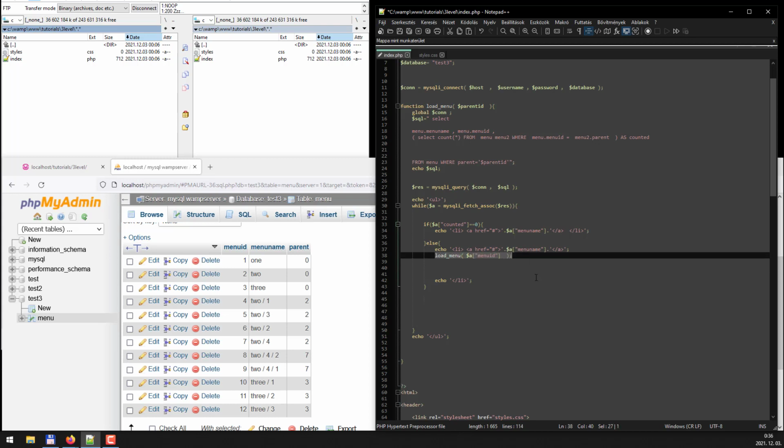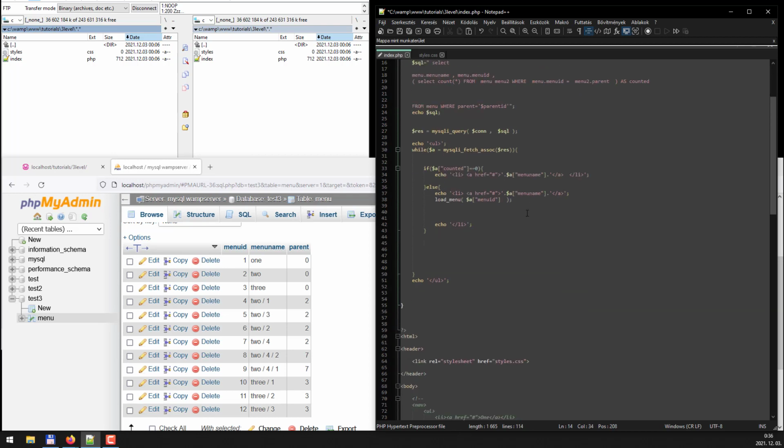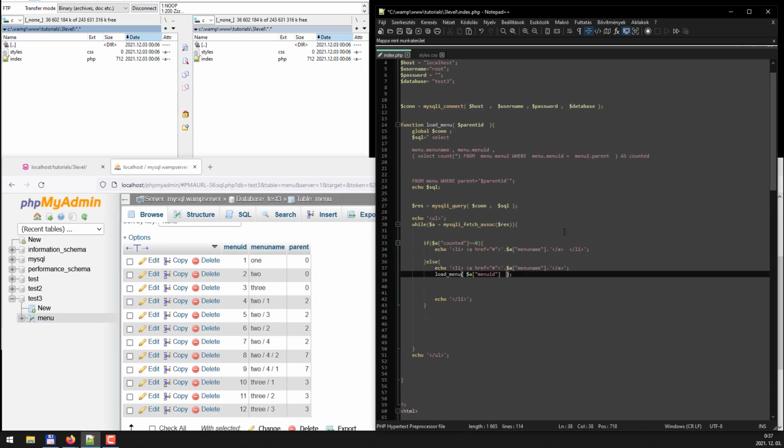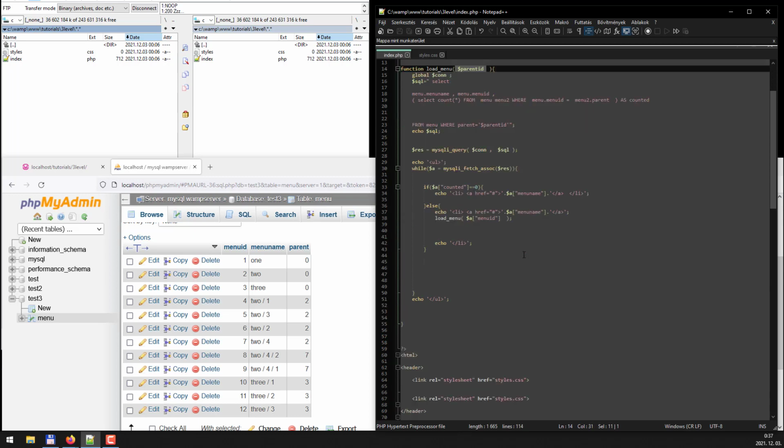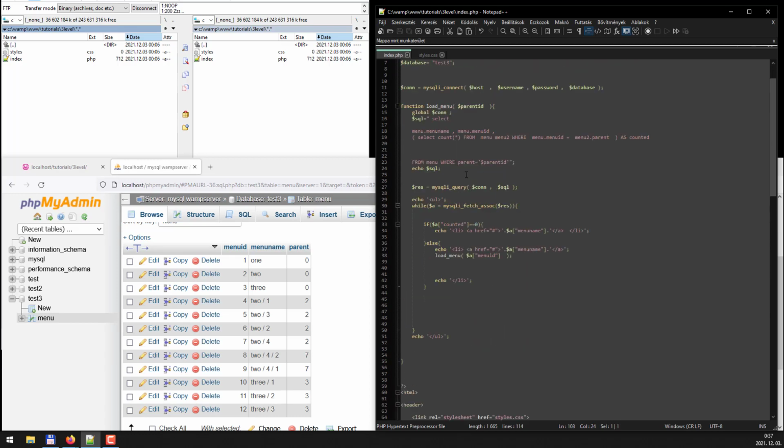So you can call the same function inside that function, where you're standing in. What will this do? This will load. If I pass the parent ID 0 at the very first run,